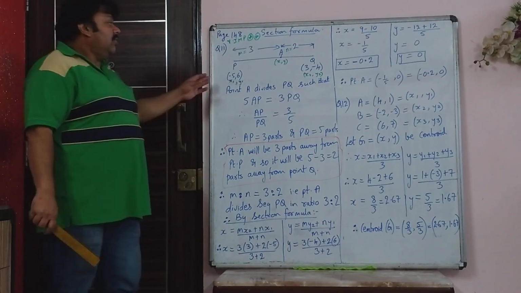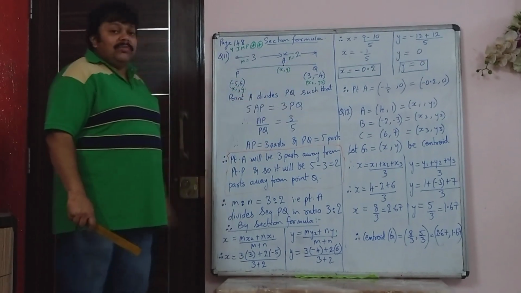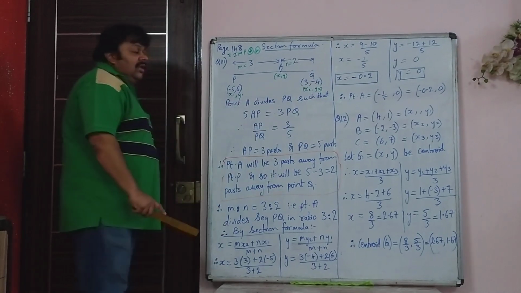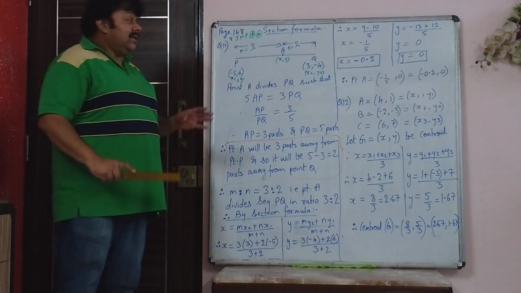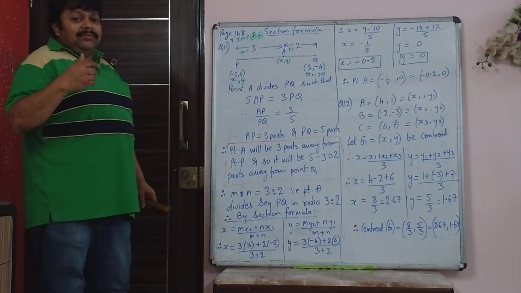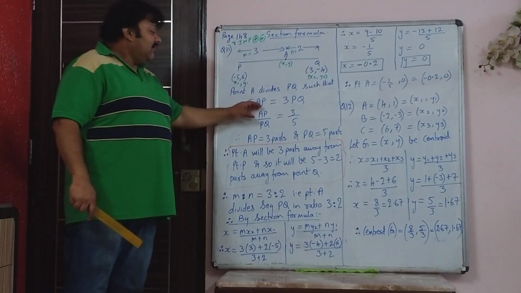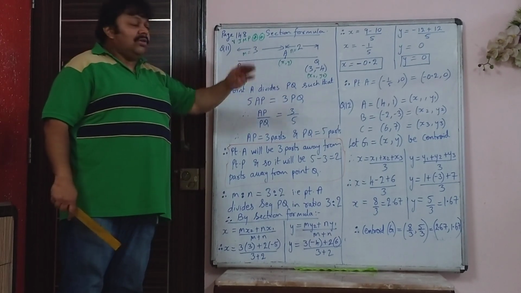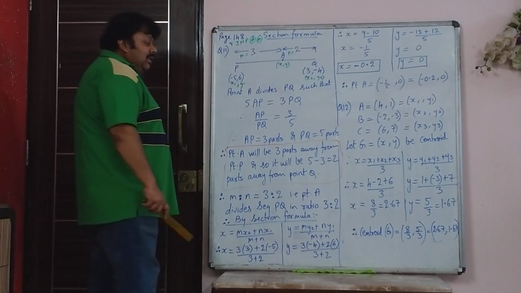Now in this case you have P and Q as the two fixed endpoints of the segment PQ. P is minus 5, 6 and Q is 3, minus 4. So now you're not directly given the ratio in which A divides PQ. You're told that point A will lie on PQ, such that 5 AP is 3 PQ, and that PQ is divided into 5 equal parts with A lying between P and Q.